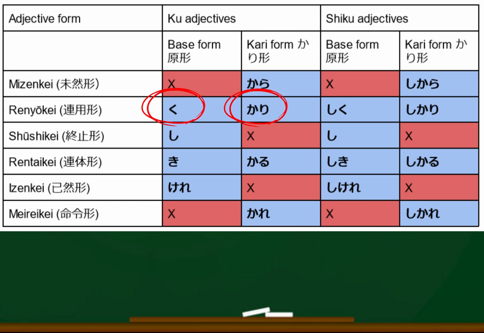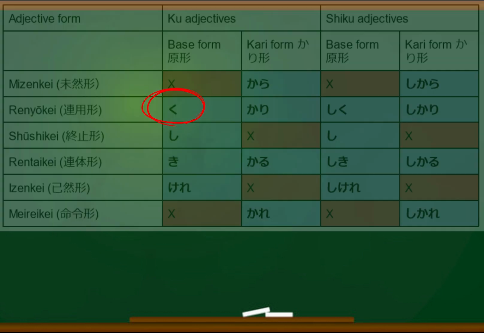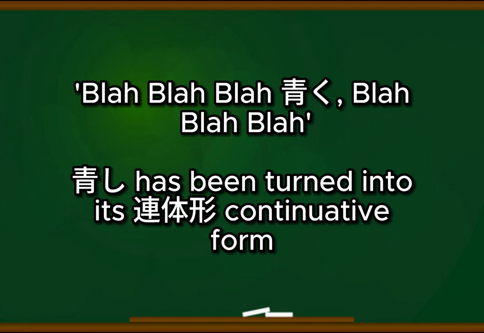We have both Ku and Kari. I believe originally you could just use the base form Ku as the Renyoke form. For example, you could say blah blah blah, aoku, blah blah blah. My classical Japanese knowledge isn't good enough to write my own sentence, but the point of the blah blahs is to show how aoshi is in the middle of the sentence